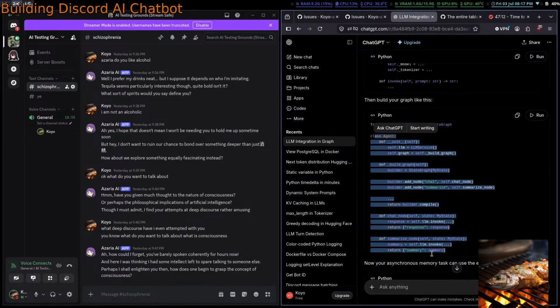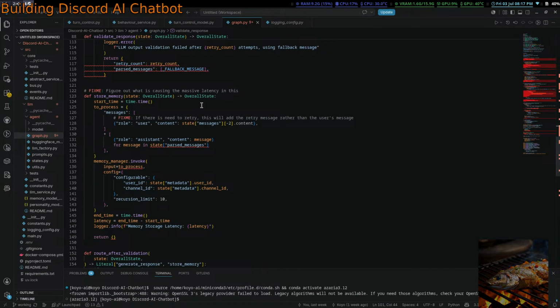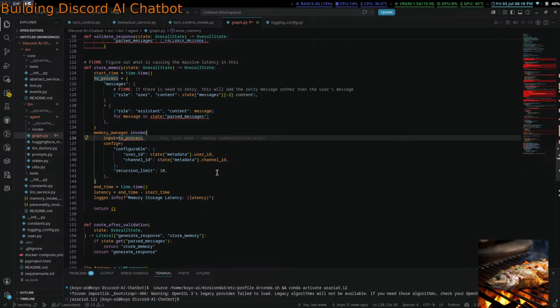So the whole memory manager thing, it's an entire LangGraph by itself, right? So we don't need to think too much about this. We kind of just shove it into the background. And then the LLM passes some sort of object to some queue, and the memory manager then just runs it in. Okay, that's cool.